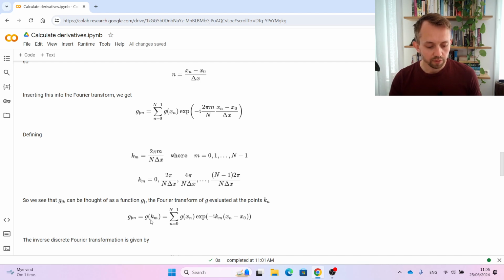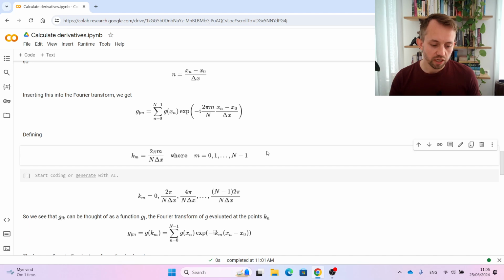And so now this discrete Fourier transform looks like gfm, the mth component, is the sum of g of xn multiplied by the exponent of minus i km xn minus x0,